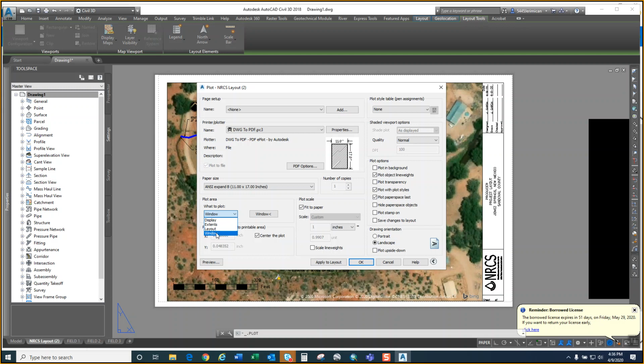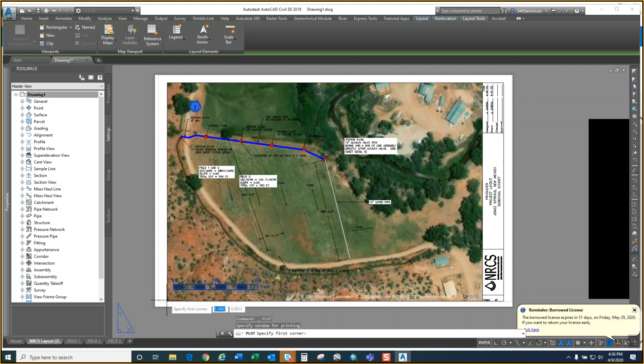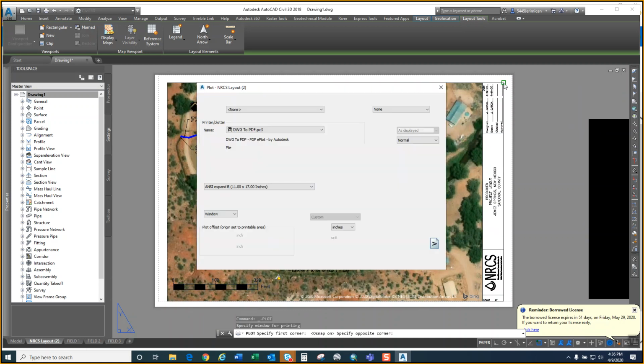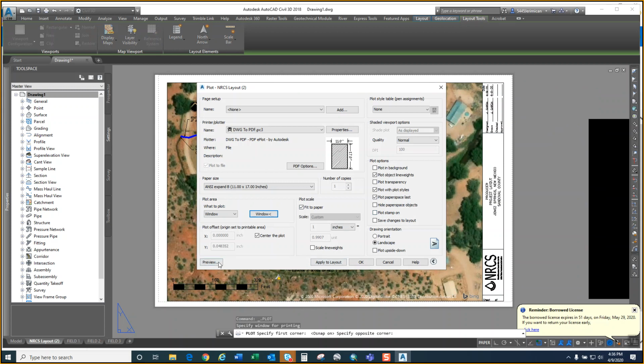So if this isn't selected, click window. Then you click actual window. You select what you want printed. So I want from this corner of the drawing to this corner of the drawing printed. Right now it's not letting me click because my snap is off. So make sure snap is on. It highlights blue. I want my print extents to be from here to here. I created a window. When you go to preview,